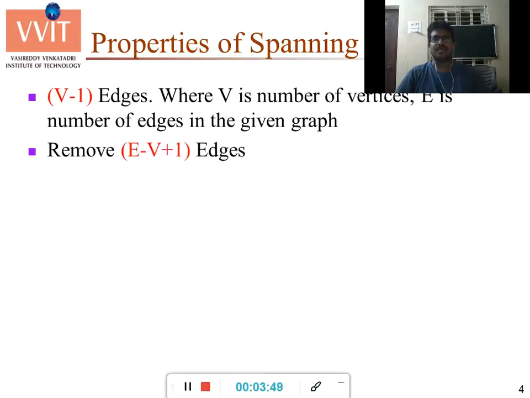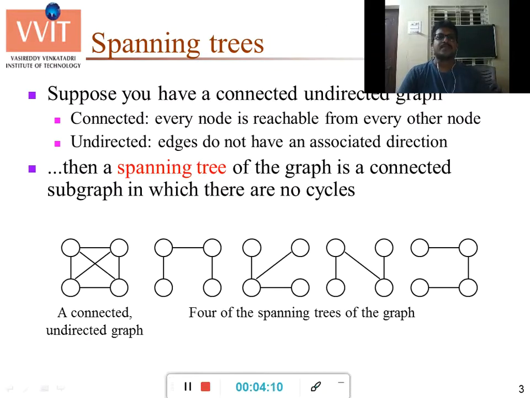The next property is: if you remove E minus V plus 1 edges, then we will get a spanning tree for a given graph. Let us go to the previous slide and see the example once again. Here there are 6 edges in total, and 4 vertices.